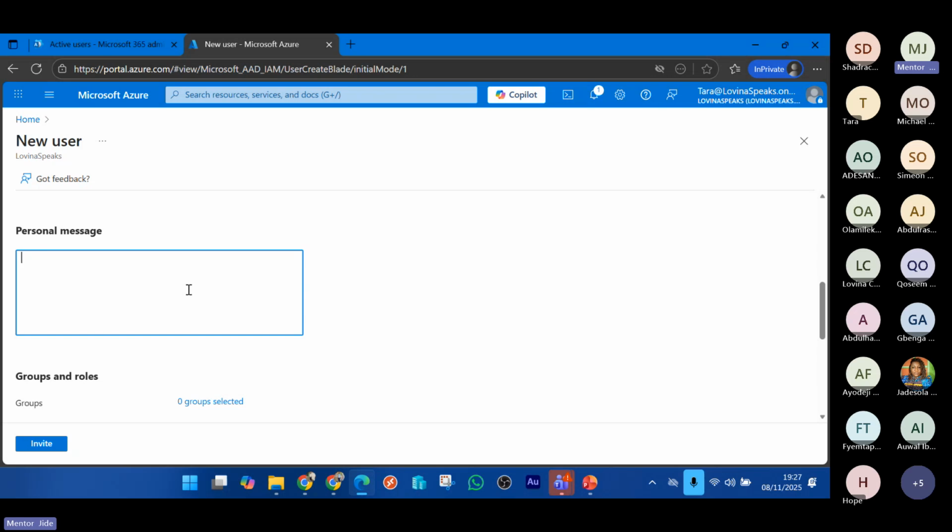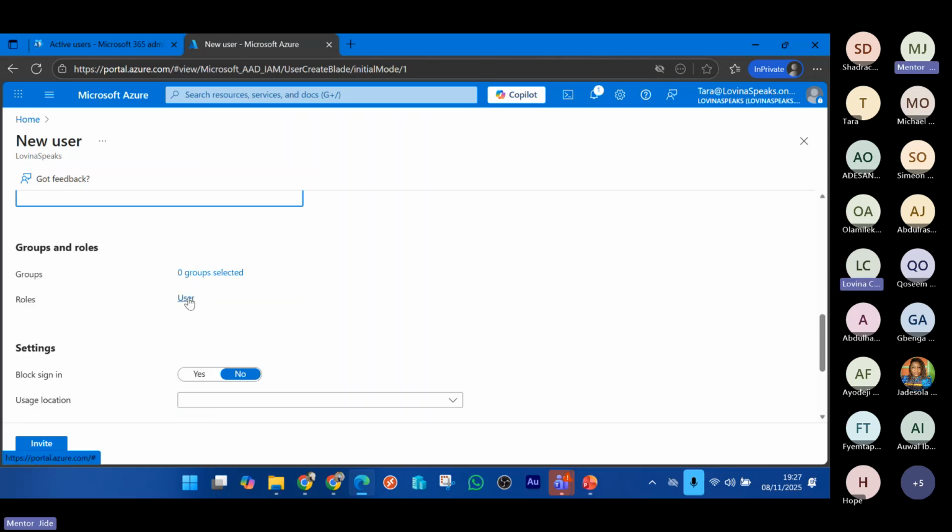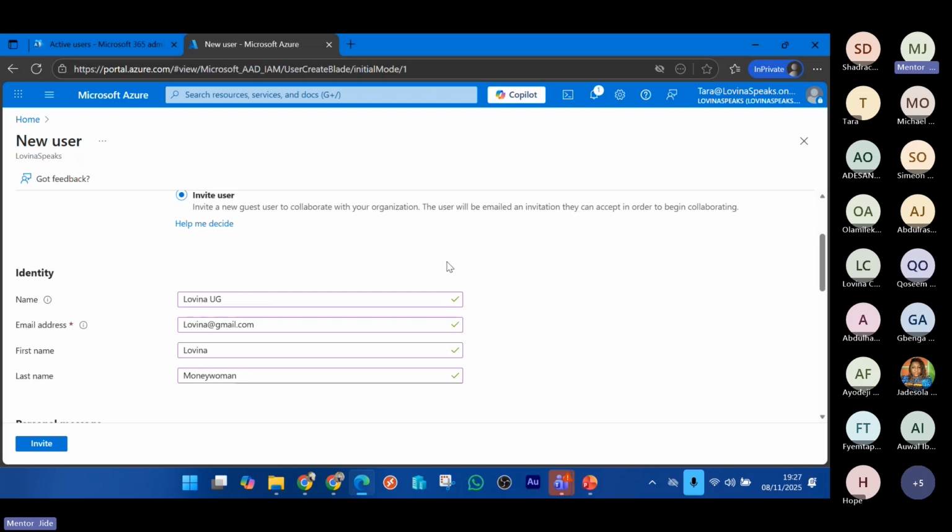Do you have any personal message? Please accept the invite. Use the Group and second one. Which one? There is one I dropped last. So I was surprised that you are able to create a Gmail account with lovina@gmail.com. Lovina is a very common name. So for you to be able to create it, it means